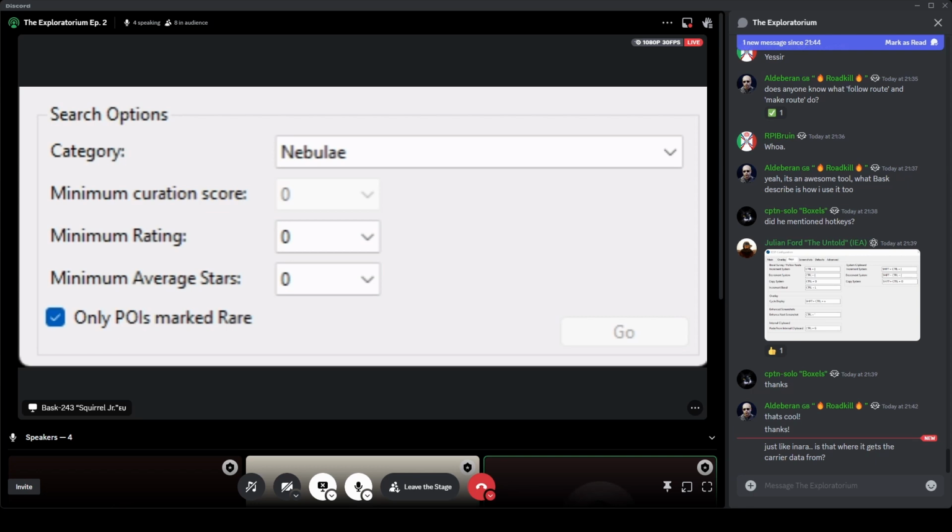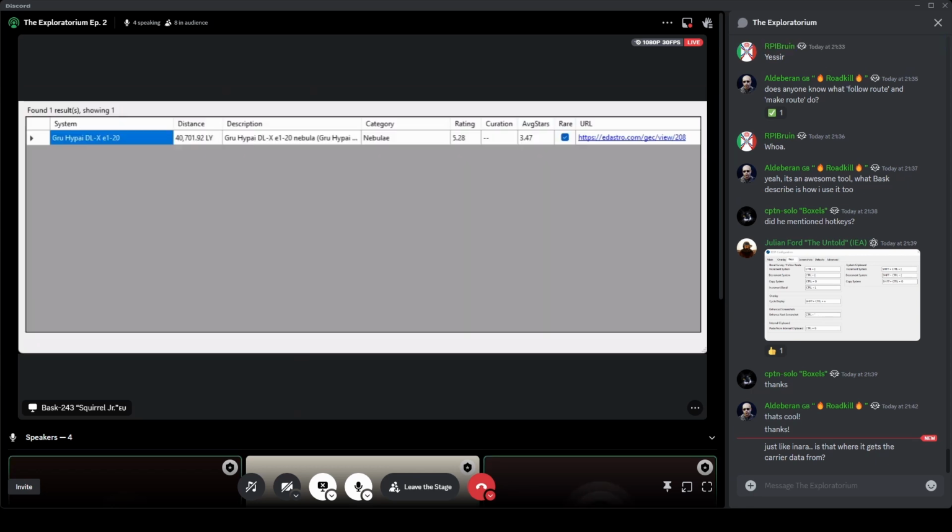And now another window pops up. That's so funny. There we go. You'll see there is one that is only 40,700 light years away from where I currently am. That's the closest one, because I did the only POIs marked rare. I think that the GEC plugin for Observatory is better for this function, but it does exist